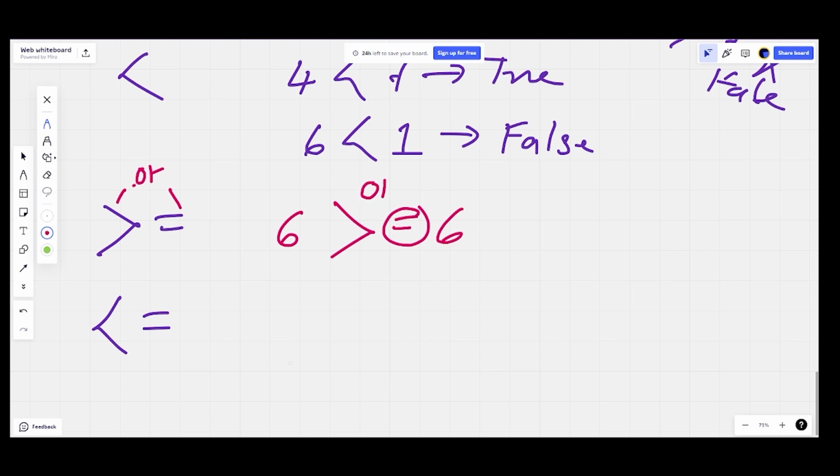If there were no 'or' over here, then both conditions should be satisfied. But since 'or' is there, if only one condition is satisfied, this will become true as well, because 6 is equal to 6. That is how all these things perform. And when we do flow controls and you learn conditional statements, I will show you the working of this using a program. There also you will understand it much better.